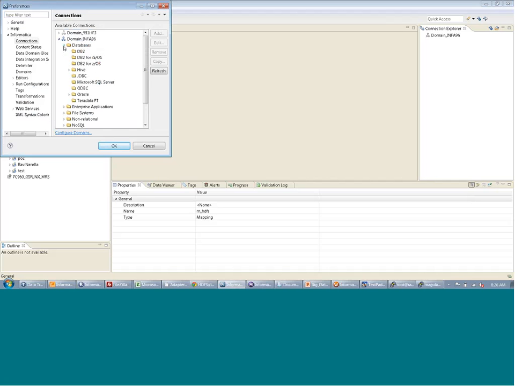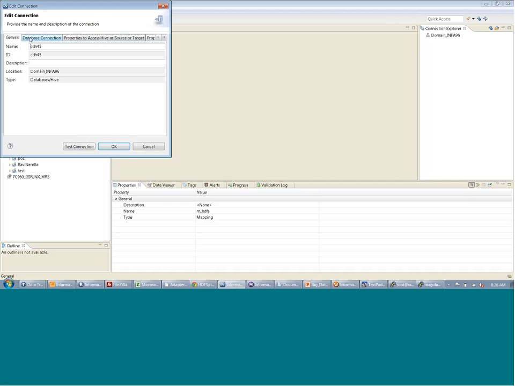For the Hive, we need to go into the databases section. There is a Hive section under the databases, and this is one of my Hive connections here. So if you see here, this is my Hive connection name, ID, etc. And in the next tab, database connections, there are 2 connection modes here. One says access Hive as a source or target, and the other one says use Hive to run mappings in